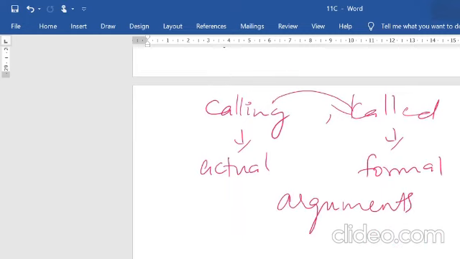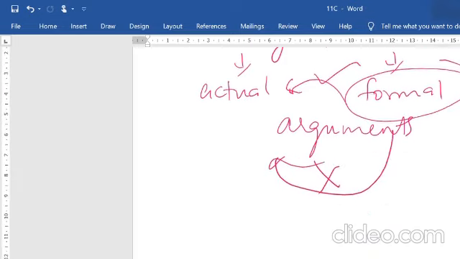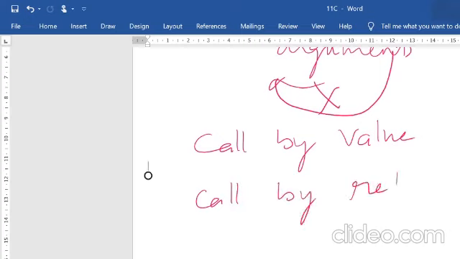Sometimes it so happens that whatever changes you make in the formal argument may or may not affect the values in the calling function. All this has been done last year, right? So how can a function be invoked? A function can be invoked in 2 different ways, as you know: call by value and call by reference.